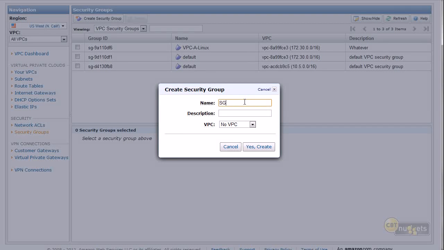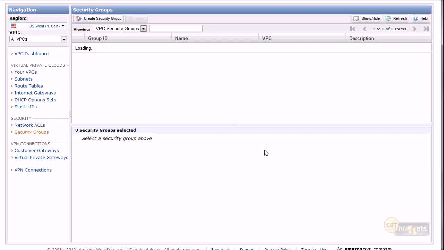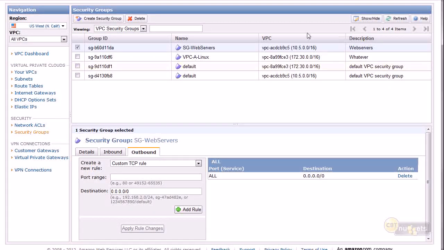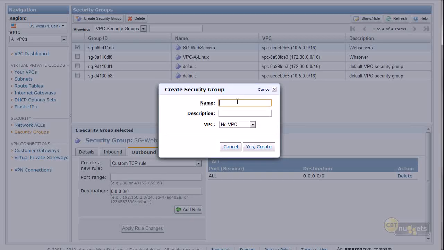We'll say SG-web servers. This will be for the web servers. Have to have a description. VPC, this will be 9C5. That's why documentation is key. I'm just looking up here to see it. So we've got SG web servers. Okay, so one for the web servers. Let's create SG-database